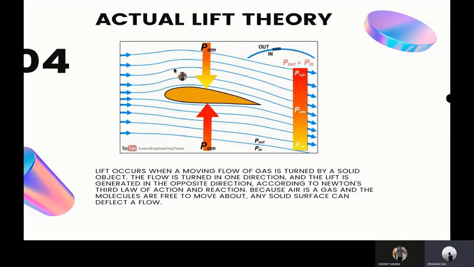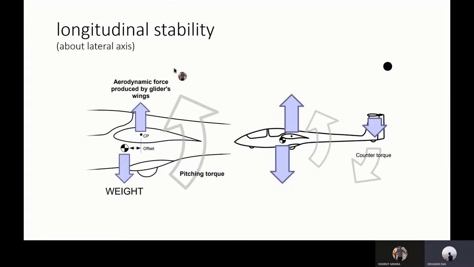Now let's discuss where this lift force should act. Before coming to this topic, I want you to know about two points, CG and CP. CG is called the center of gravity. I hope you are already aware of this term. And CP is called the center of pressure, where the net aerodynamic force acts. What actually happens here is that these two forces, the weight and the aerodynamic force, generate a torque. So during fabrication, we try to balance the torque produced by these two forces.